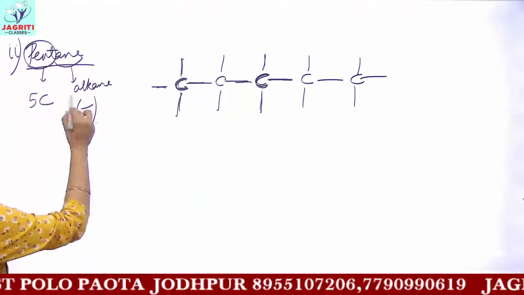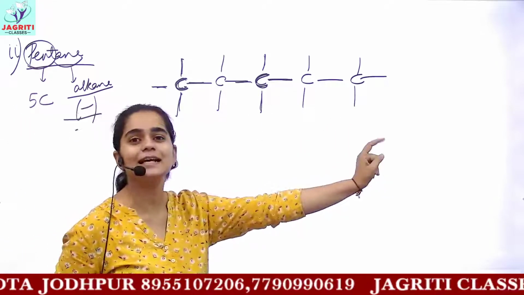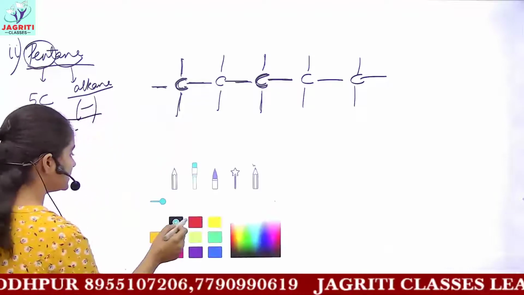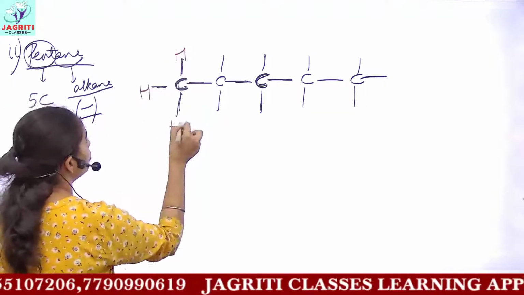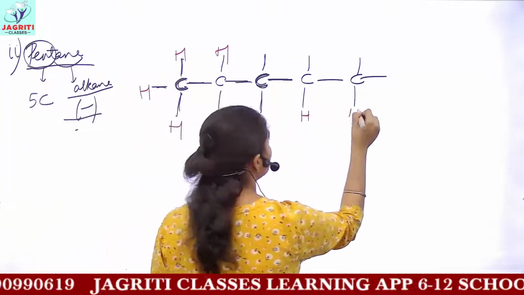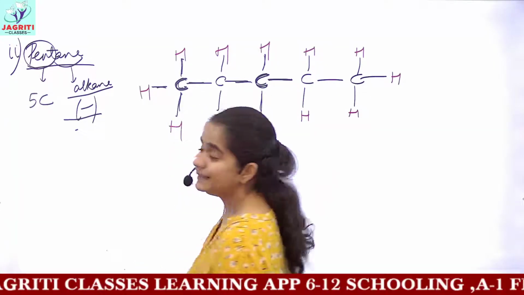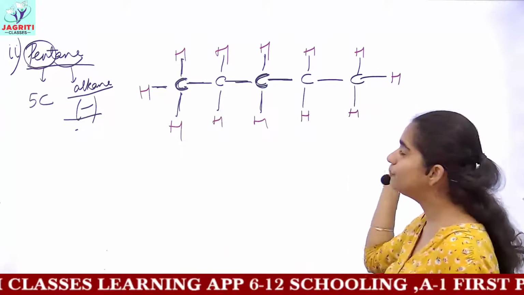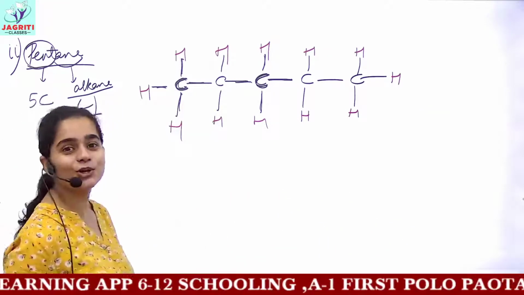Now you have alkane, so you have made single bonds, you have bonded every carbon with single bonds. The remaining task is to make hydrogens. So draw all the hydrogens here, the valencies which are vacant. So now you get the structure of pentane. So this was the structure of pentane. Now I hope that you can make its electron dot structure very easily.